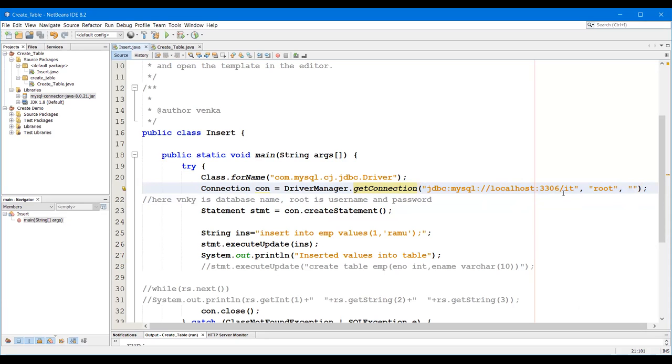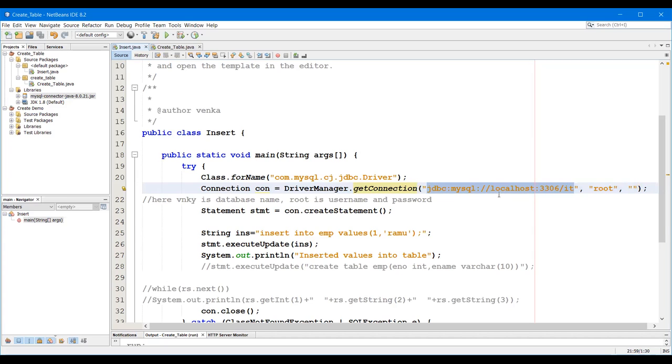URL means the location of your database. Here I'm using JDBC, colon. The type of database I'm using is MySQL, colon.